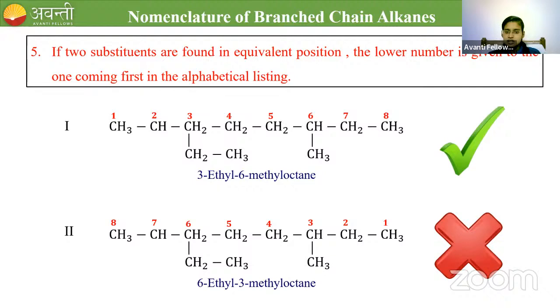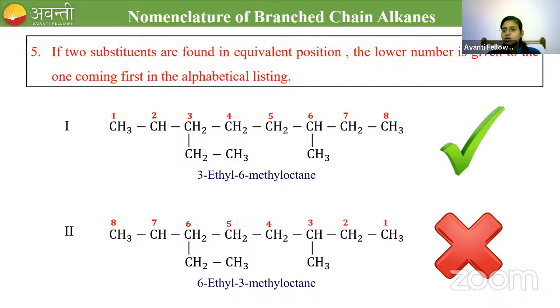So there is only a very, very small difference between the rules. You just have to keep that small point from each rule, and you have to apply all the rules while naming a compound. You can apply all these rules to a compound only if you practice with more compounds. Otherwise, you will end up with confusion. You may forget to follow one rule and end up with the wrong answer. So solve as many questions as you can for IUPAC naming.